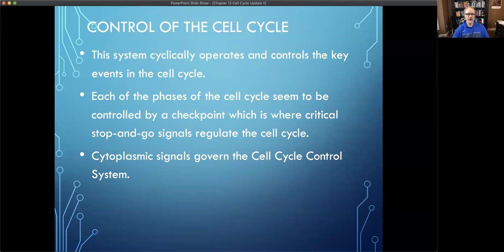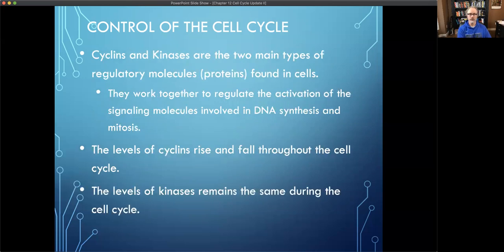And what they found is that each of these cells had substances in them that would control the movement from one stage to the next. And you can also see that these cells are controlled by a series of checkpoints within the cell cycle, and there are a lot of cytoplasmic signals that are going to control those signaling pathways. What they termed these things were cyclins and kinases. These are the two main types of regulatory proteins that you find inside the cell, and they work together to basically